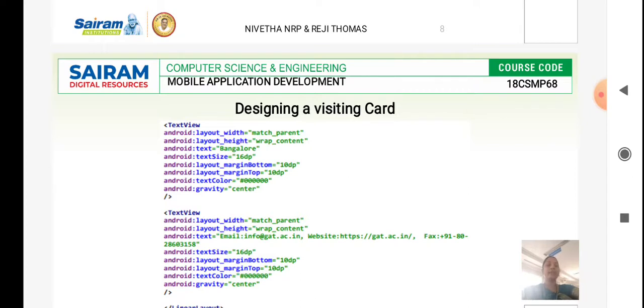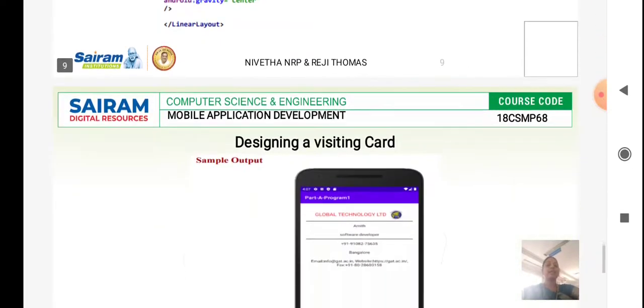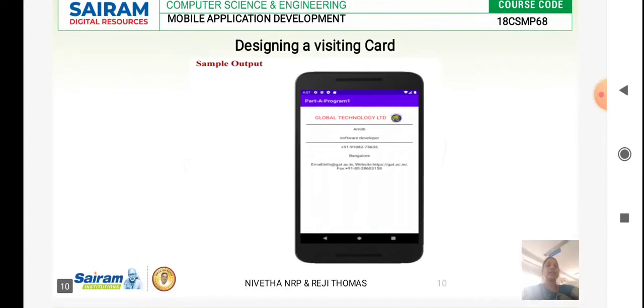While you compile it, you will be getting a design which has been shown. So here when you execute the above code, you will be able to get the layout which is shown in the sample layout. You will see here the company name has been displayed up, followed by the logo, then followed by the employer's name and the designation of them, followed by the phone number and the location, and then again the mail ID and the official website.